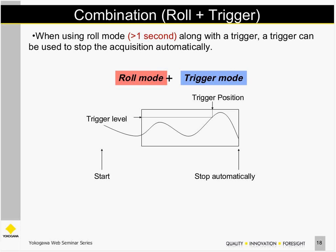This is something that you don't see a lot on the market, but yet it should be, as far as I'm concerned, in every instrument that is designed for mechatronics, because mechatronics applications tend to need triggers, but they also tend to last for longer than a second. So having the ability to trend a signal for a long term, for longer than a second, maybe tens of seconds or minutes or even hours, but yet leave the instrument alone and stop automatically whenever it gets a trigger, that's a combination trigger,